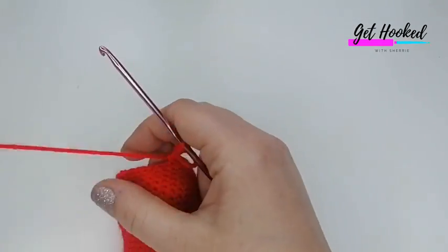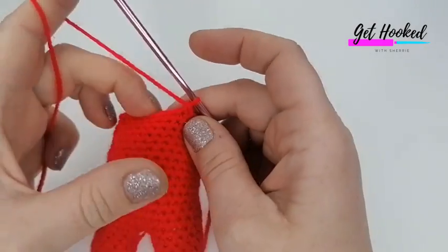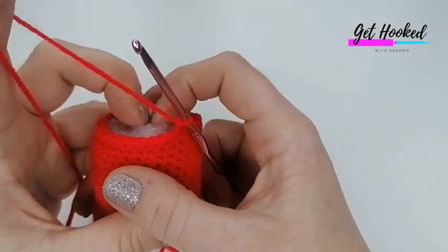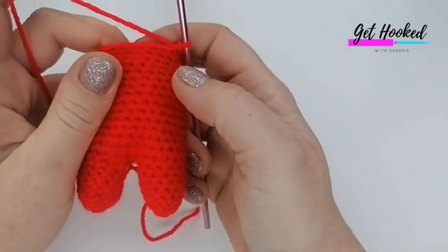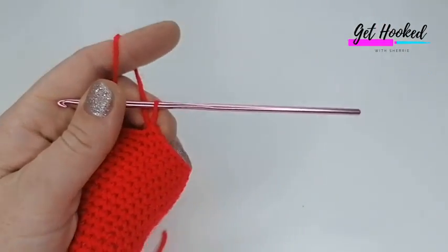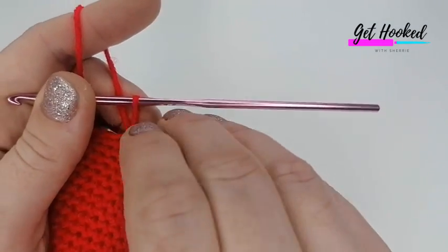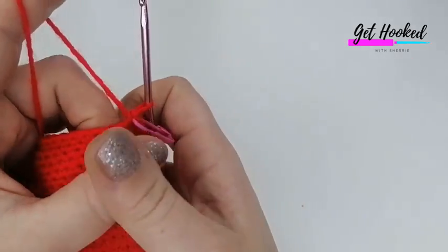So for the next round, we're going to start closing the head of the character up now. So to do that, we're going to do some decreases, and we're going to do invisible decreases. So I shall show you what I mean by that. So if you just want to mark the back of your work,